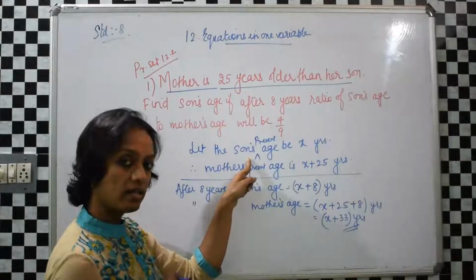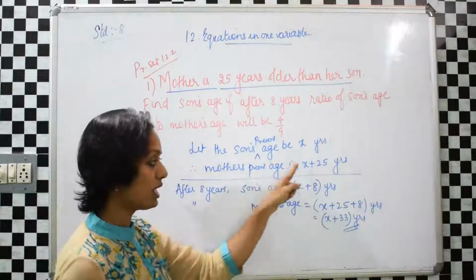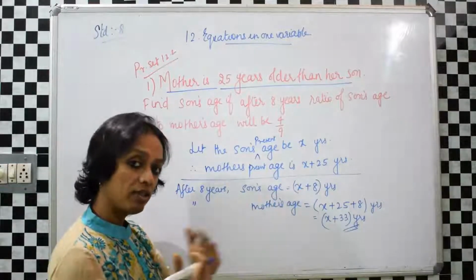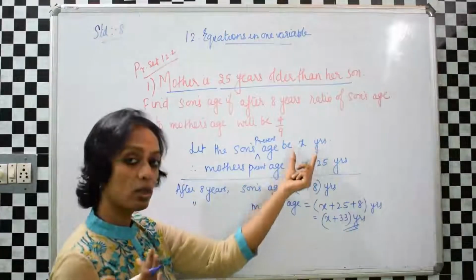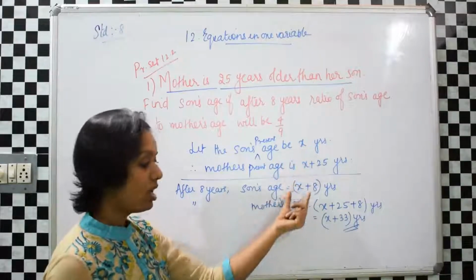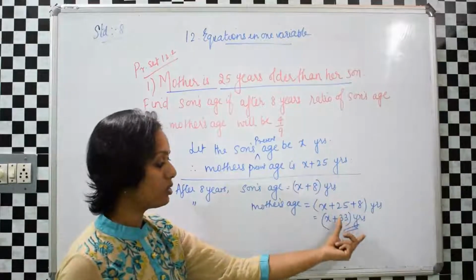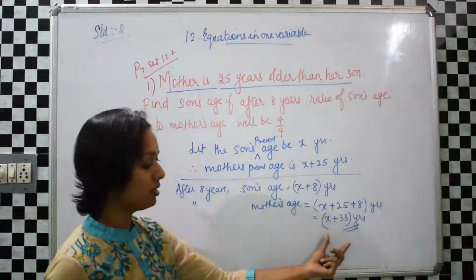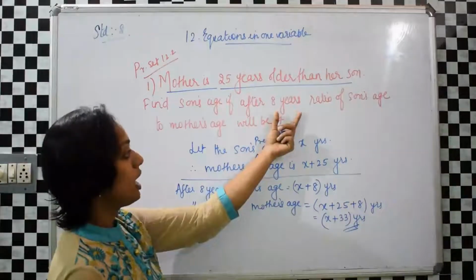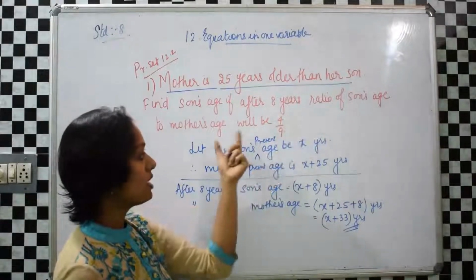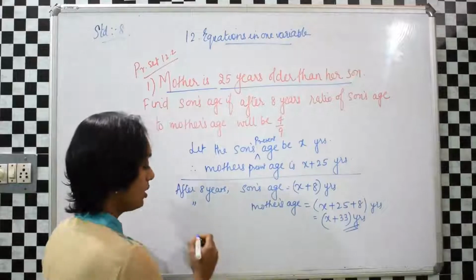So today son's age is x years, mother is 25 years older to him, so she is x plus 25 years. After 8 years, son's age will be x plus 8. 8 will be added to his years, x years. So mother's age will be her present age plus 8. So x plus 25 plus 8, so x plus 33 years. Now they have given the condition that after 8 years, ratio of son's age to mother's age will be 4 upon 9. So I'll write here,